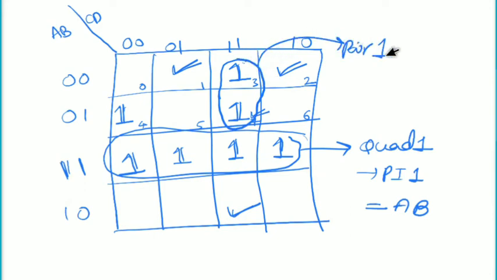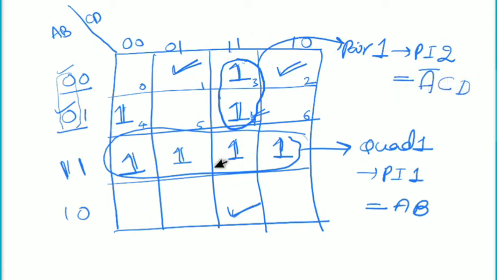This is the very first pair, pair 1 and prime implicant 2, and the value will be, because it is covering 2 rows, one is 0, 0 and the other 0, 1, out of which the first variable is maintaining constant value 0 and the second variable is changing. So you need not write the B, only the fixed variable. Because it is maintaining 0, you write the literal in complement form, A bar, and it is maintaining only one column, the value 1, 1, which is nothing but C normal form and D normal form.